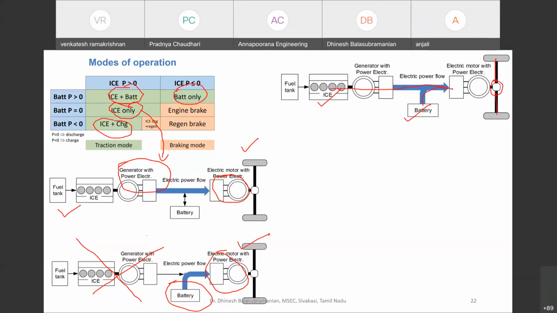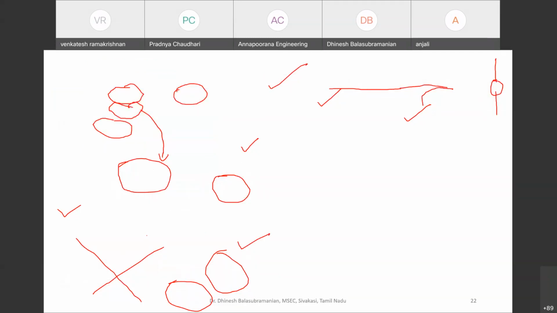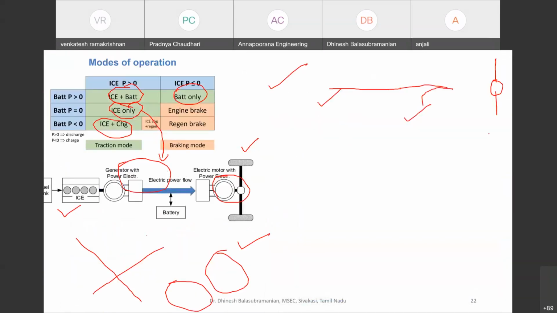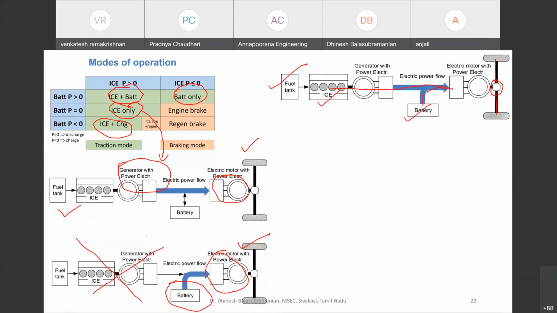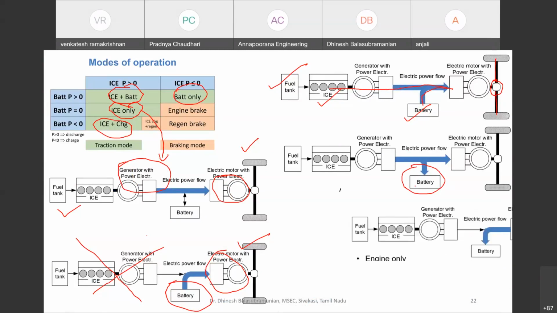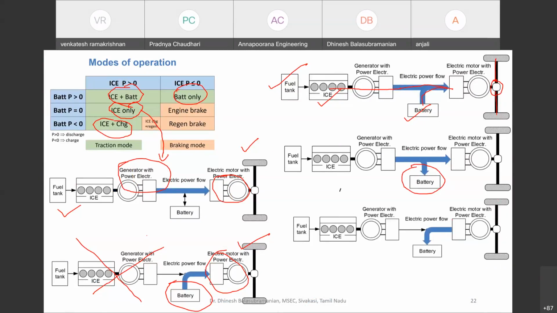and the next one is electric vehicle alone mode, and the third one is hybrid mode. I hope now you are clear with these terminologies that I have explained in the previous case. So one is the engine alone mode, pure electric vehicle propelling mode, and the third one is hybrid traction mode. So here you can see the flow of power in all these cases: engine alone mode, electric vehicle alone mode, and the hybrid mode. And next one is a combination of both. So a certain amount of power from the internal combustion engine would be supplied to charge your battery, and at the time of regeneration, power source